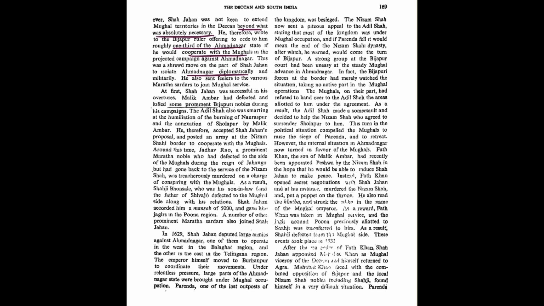Malik Ambar had defeated and killed some prominent Bijapuri nobles during his campaigns. Adil Shah was also smarting at the burning of Nauraspur and the annexation of Sholapur by Malik Ambar. He therefore accepted Shah Jahan's proposal and posted an army at the Nizam Shahi border to cooperate with the